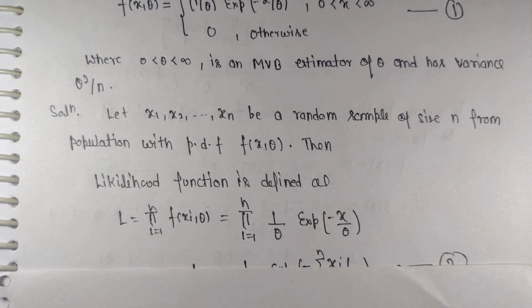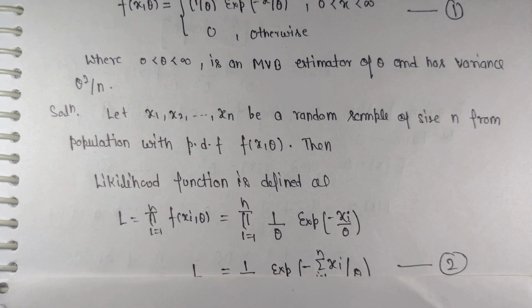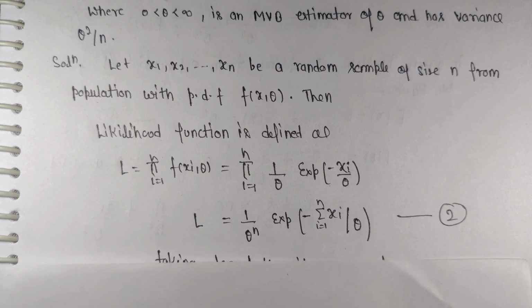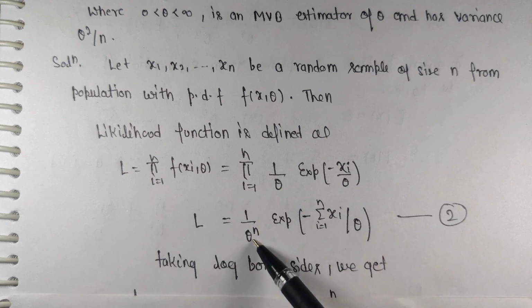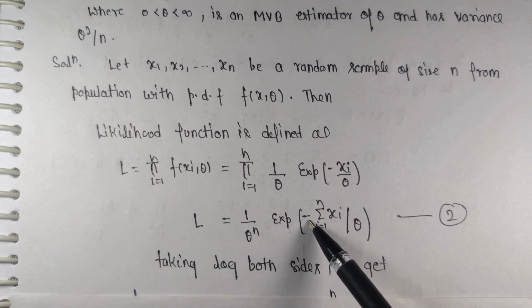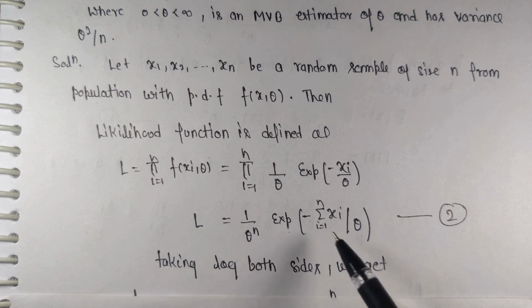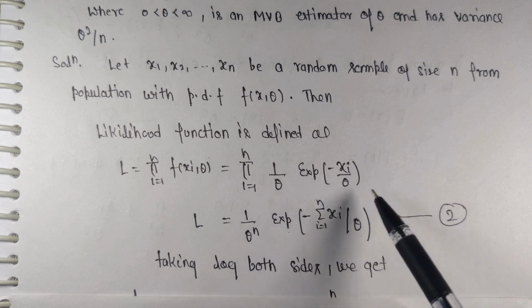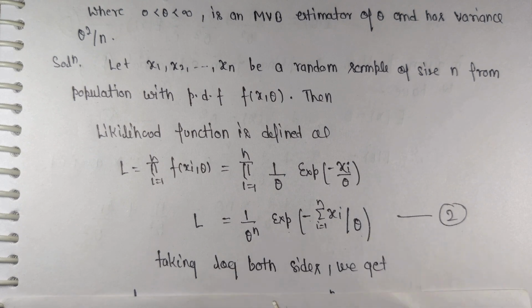Then simplify it, and the likelihood function is equal to 1 upon theta to power n into exponential minus summation of xi upon theta. Okay, is it clear? I have already mentioned how you can simplify the likelihood function in my previous lecture when I discussed two numerical problems. Okay, so after that, taking log both sides, we get